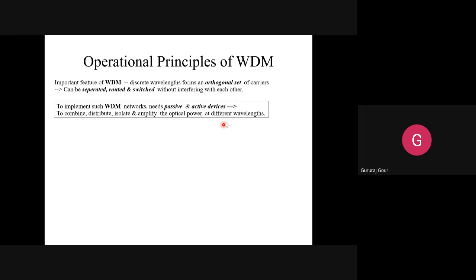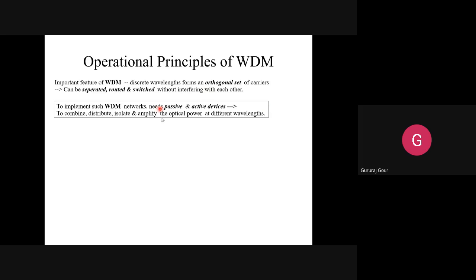This has also led to the different, that's why we can see optical communication has become a different domain as compared to analog or digital communication. Concepts were developed differently, devices were developed differently, technologies were developed differently. So hence it becomes a different domain here.